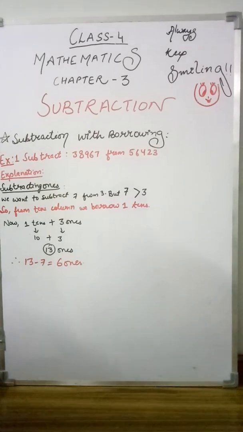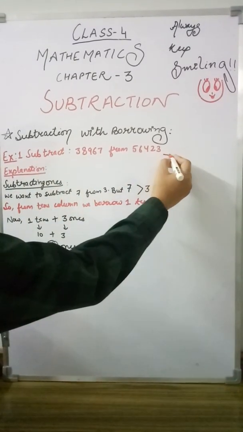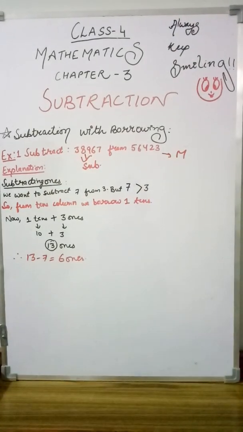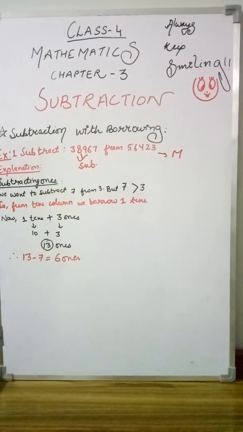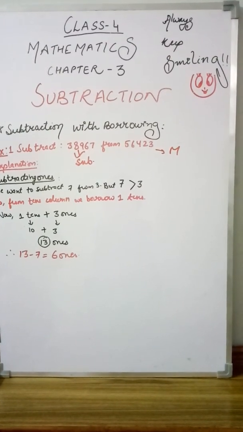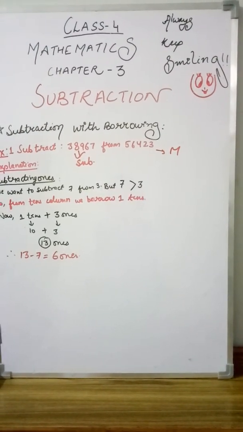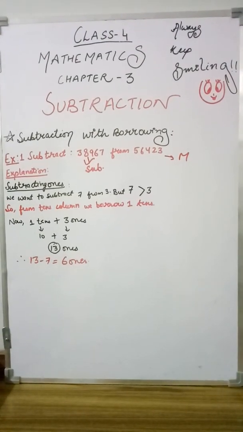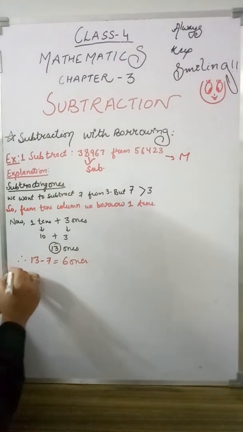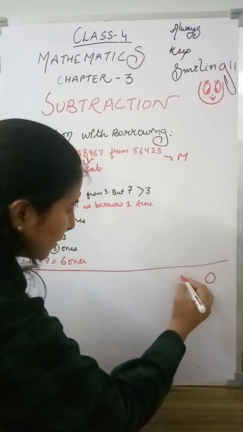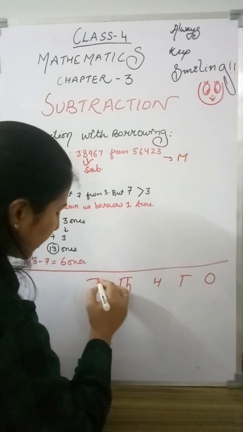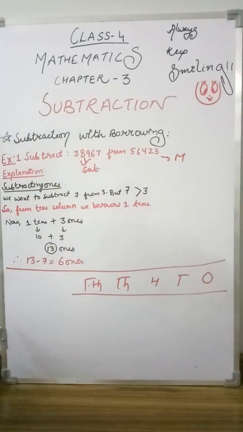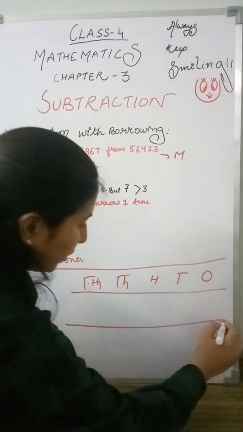First of all, the first rule: this is the minuend and this is the subtrahend. According to the rules, first we have to arrange the numbers. The minuend comes in the first position and the subtrahend goes under that number. So arrange the digits of the given numbers in column form and then start subtracting column-wise. Let me write ones, tens, hundreds, thousands and ten thousands because we have a 5-digit number. Make a line here so we can write the borrowing.